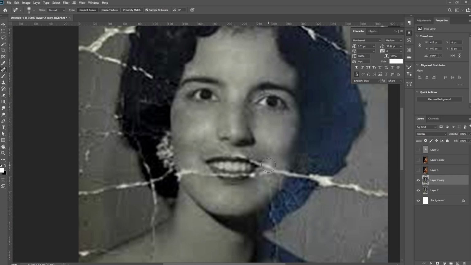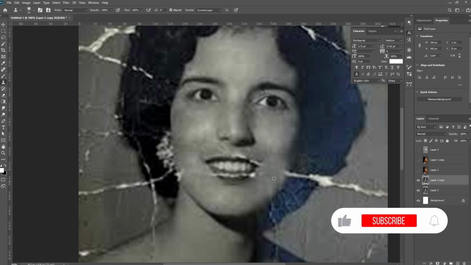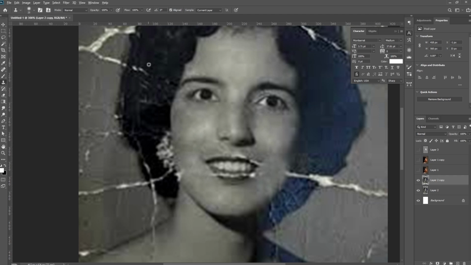This is a perfect place to use the clone stamp tool and the content aware tool also. So let's use clone stamp for this. Select the clone stamp. I'm going to pick this area and then click on this, right? I just want to clone those areas exactly the same way they are and put them on the other areas, right? You see, they look good like that. So I'm not going to do this for the whole part of this image. I'm just going to do what we can do